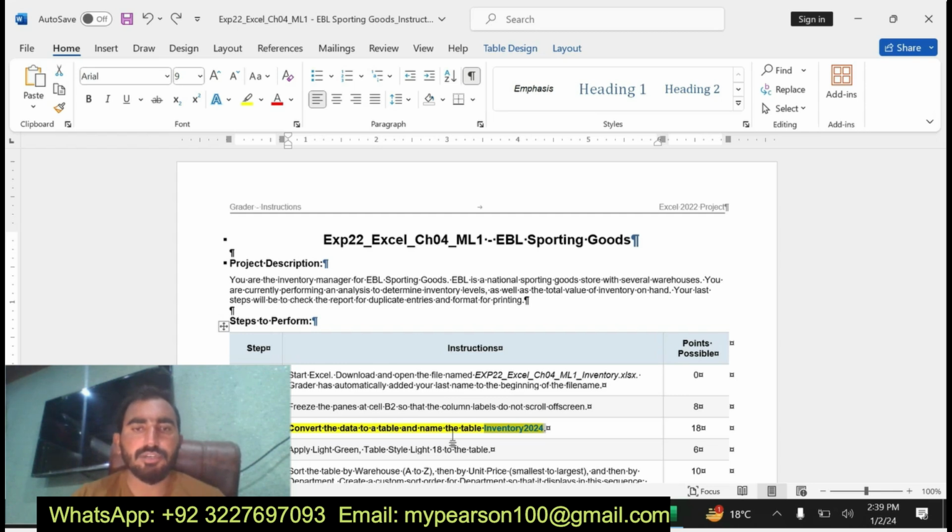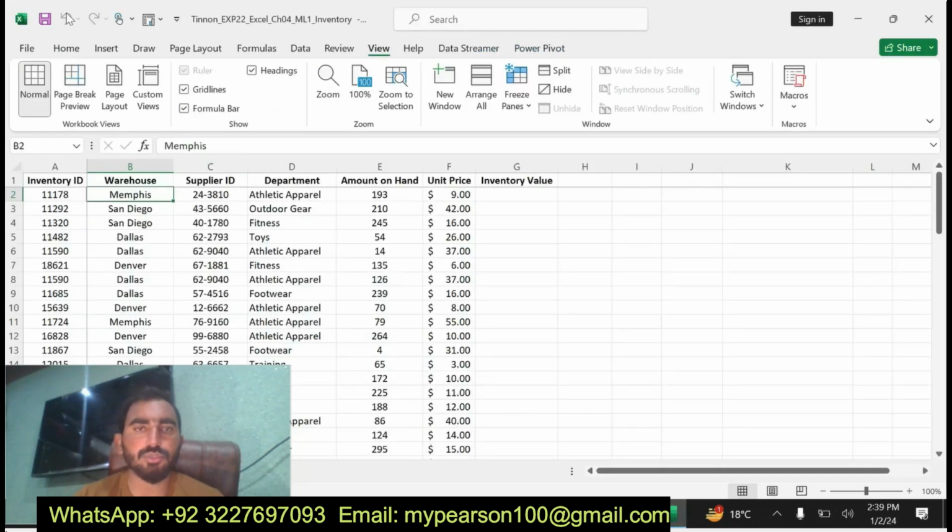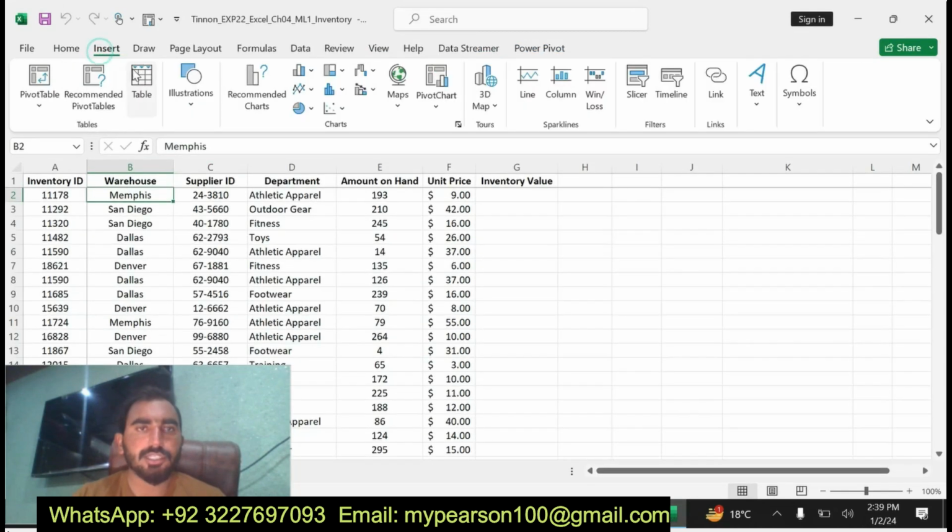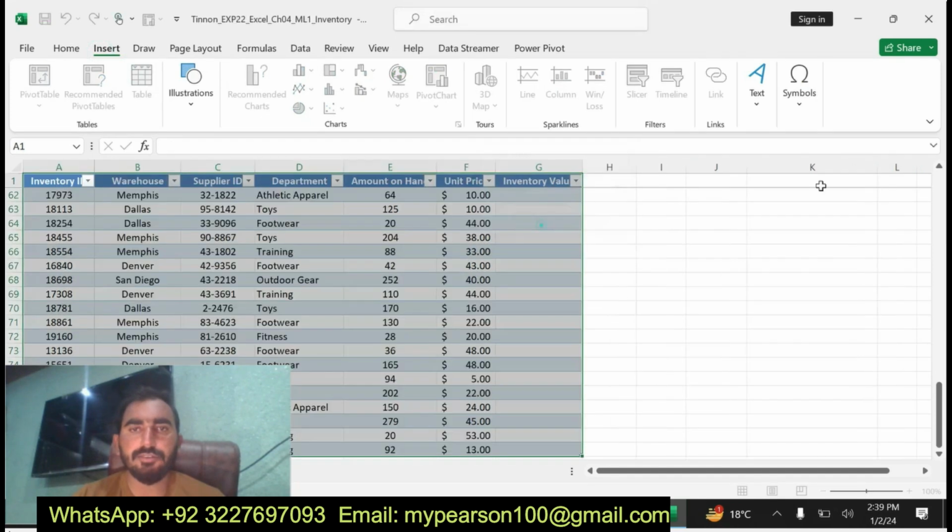Convert the data to a table and name the table Inventory 2024. Okay, you can see here. I'm going to insert the table, and I have inserted the table.